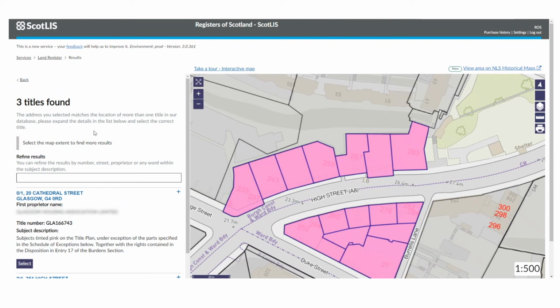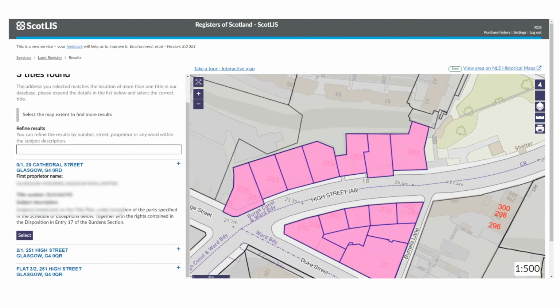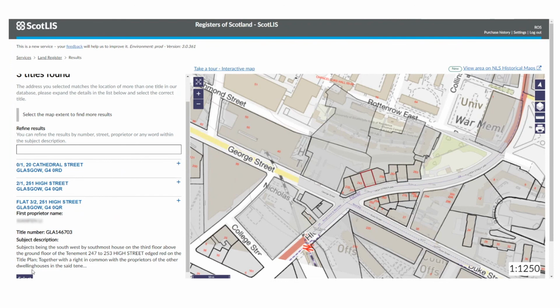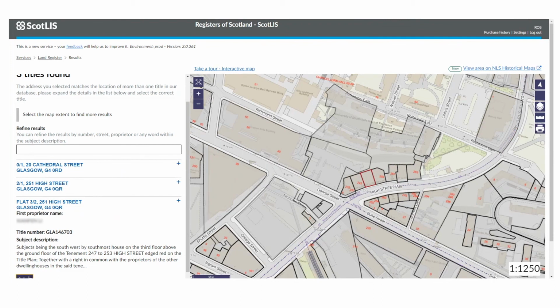So clicking on that, it's come back with 3 titles. Great. So if I scroll down, and again, you're seeing some blurred information there just because of the nature of that content. You can see there's flat 3/2 251 High Street. So great, I've managed to locate the specific property I'm looking for. Now, if I was to select that, like so,